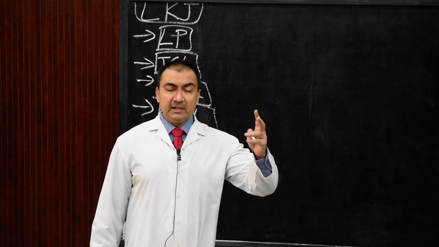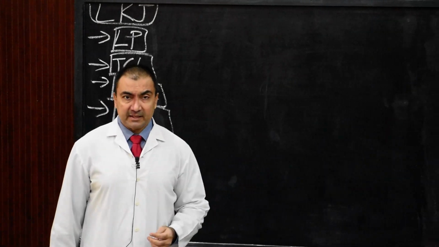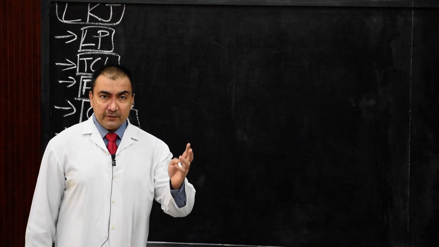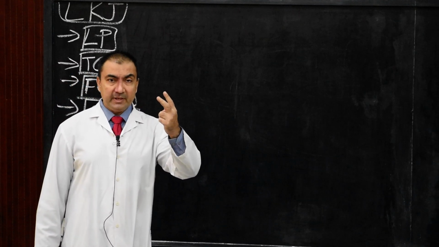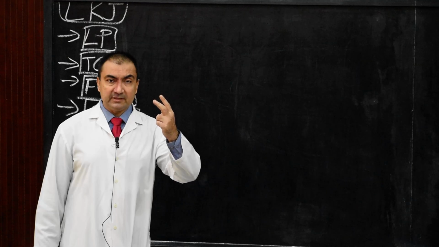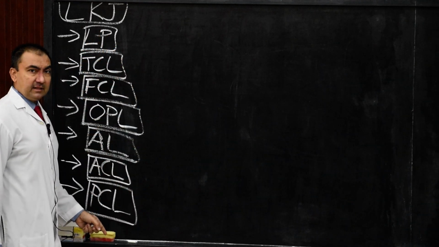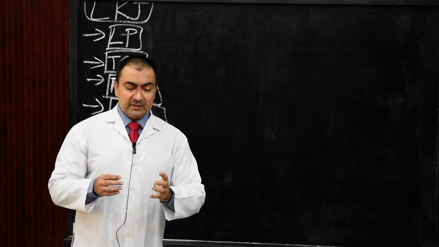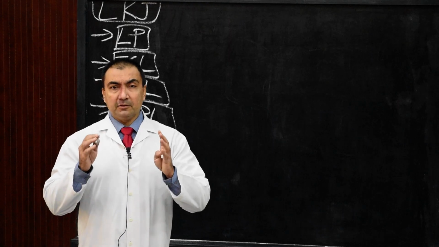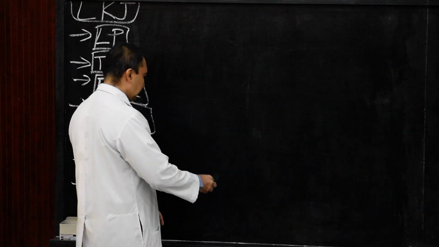The first two ligaments, the capsular ligament and synovial membrane, we have discussed in the earlier segment. For the knee joint ligaments, we always start with the capsular ligament and synovial membrane. These are the first two that need to be discussed, and after that we discuss these ligaments in line. So mainly today's topic is concerned with the cruciates and the collaterals. Along with that, the first ligament that needs to be discussed is the ligamentum patelli.